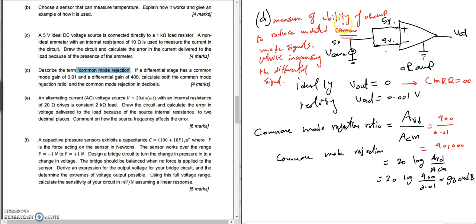So again, a measurement of the ability of an op-amp to reduce the unwanted signals. So basically the formula is as follows: the gain due to the difference between both of them plus the gain of the common mode. Ideally, the CMRR, or the common mode rejection ratio, should be equal to infinity, or close to infinity. In that case, if we calculated it, 400 given over 0.01, 400 over 0.01, which is 40,000. And the common mode rejection is the same thing, but you add 20 log of this ratio, which is